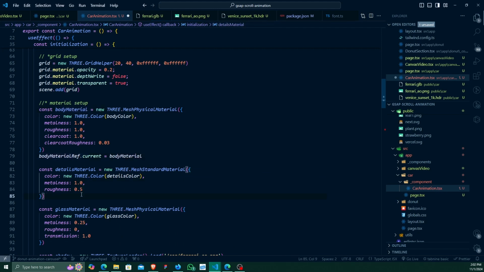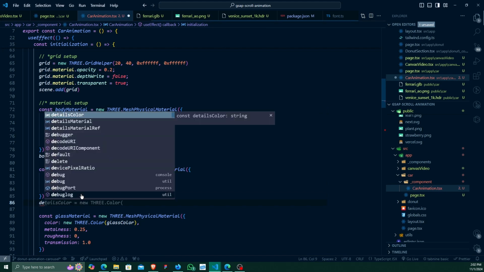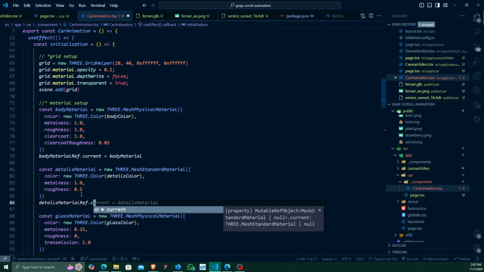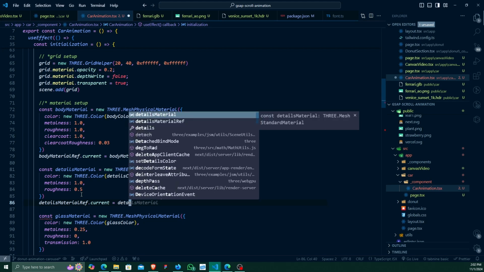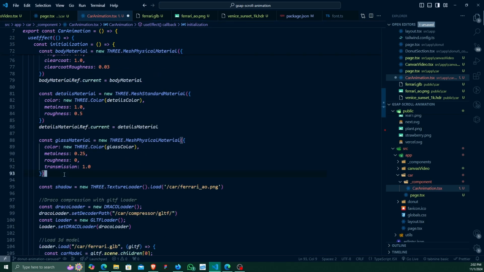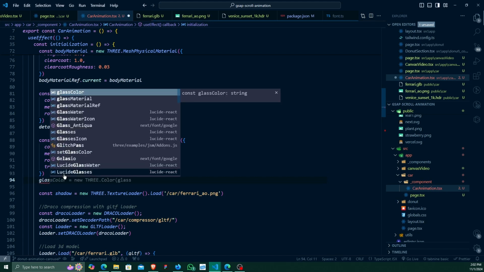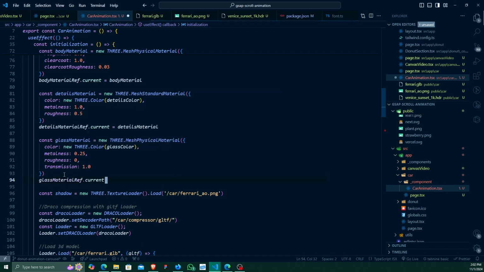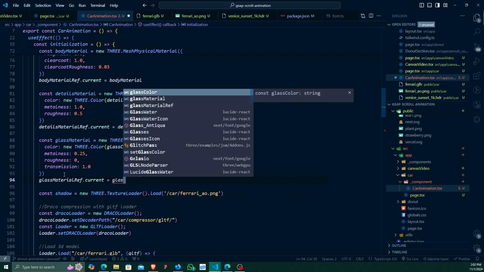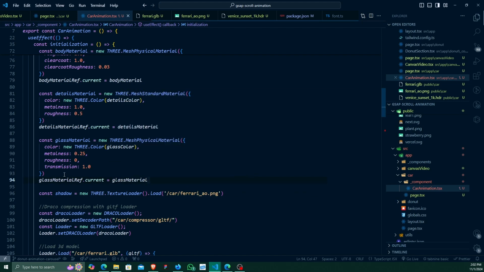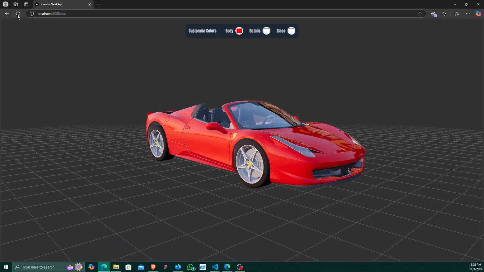Same thing for details and glass. So detailsMaterialRef.current equals detailsMaterial. For the glass material it is also the same thing. So glassMaterialRef.current equals glassMaterial. Just like this. If I save this and now reload the page,